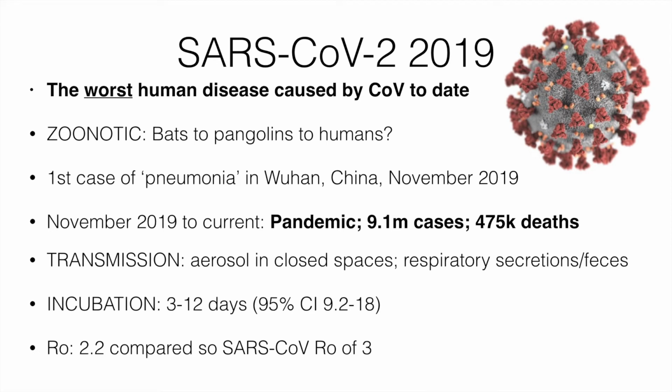Transmission. Protracted coughing and sneezing in closed spaces makes for aerosolized transmission. And just like the coronaviruses we spoke about earlier, respiratory secretions and feces. Now, it's been reported that there are other modes of transmission, such as sexual transmission, etc. But the more common way of getting this disease is being in closed spaces with an infected person, through respiratory